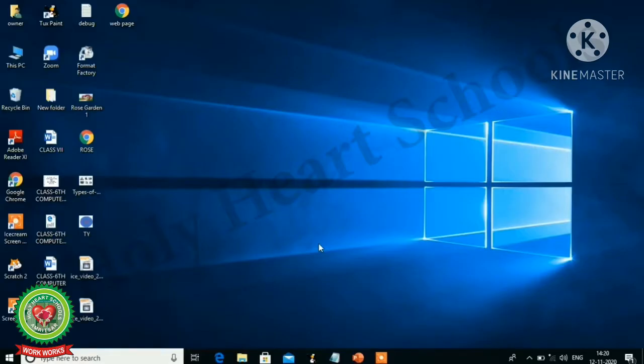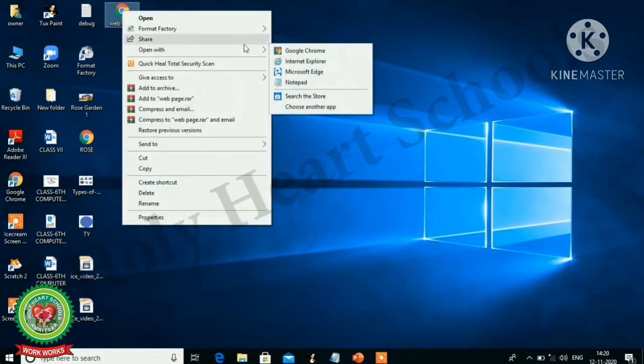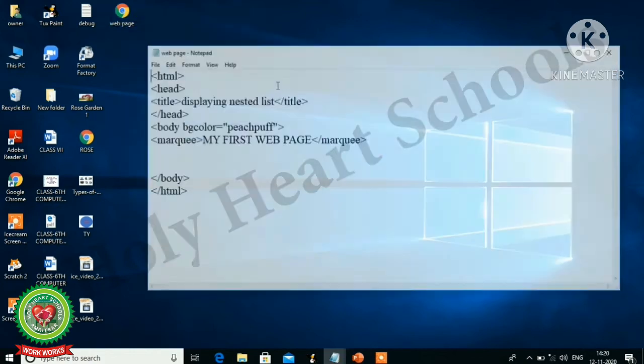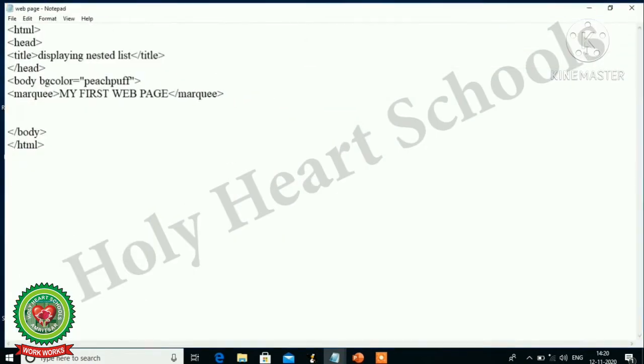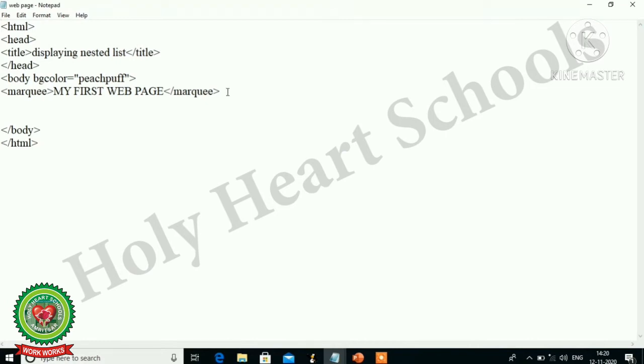Now students, I'm going to open my page in Notepad. Right click over there, open with Notepad. Now after the marquee tag, I'm going to type the anchor tag: start angular bracket A, then give some space, and write down the attribute of the anchor tag, href is equal to, and then start double quotes.